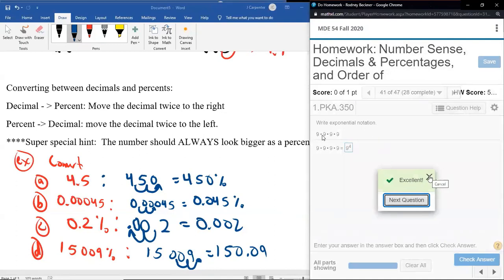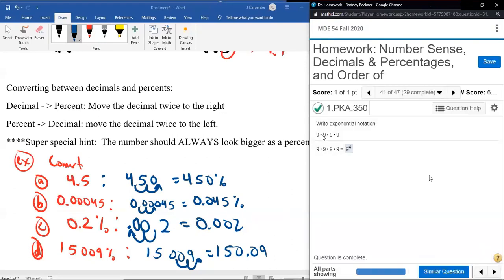I cannot tell you how many times over the years I've seen students of all types, all ranges, all degrees, get questions like this wrong because they said the answer was 6561, right? That sounds right. And that is right in terms of the number, but it's not what they asked for. And it's not something you'd get credit for on a test because of that, because it's so simple.